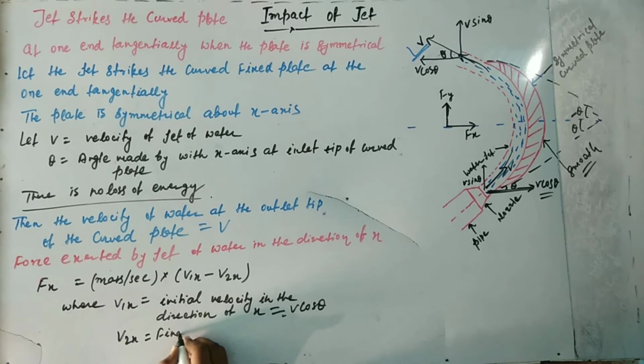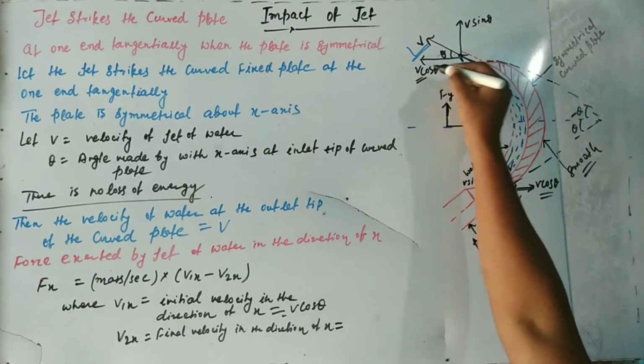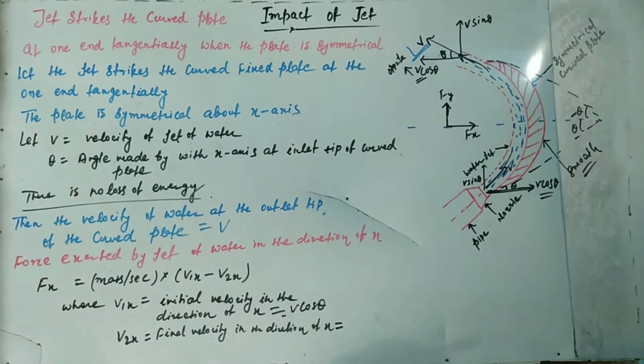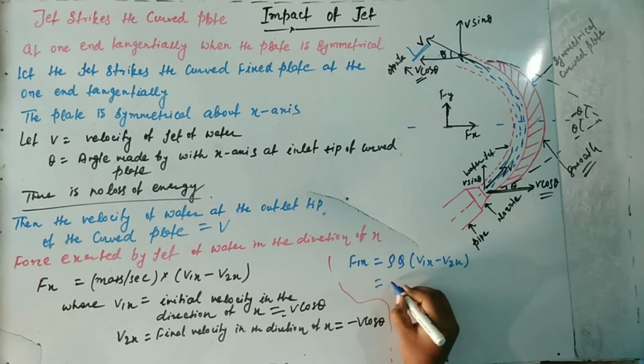Next v2x. v2x is equals to final velocity in the direction of x. Final velocity in the direction of x is equals to v cos theta also, but it is opposite in direction. So it is opposite in initial direction. So v2x is equals to minus v cos theta. Now we will put the value of v1x and v2x. Here mass flow rate is equals to rho q. So Fx equals to rho q into v1x minus v2x,